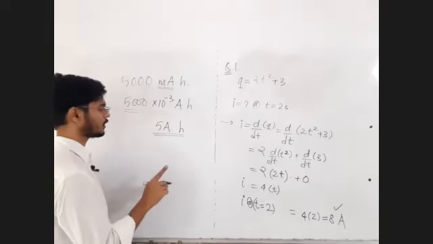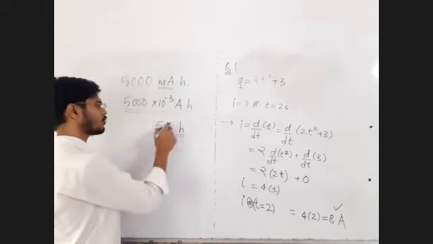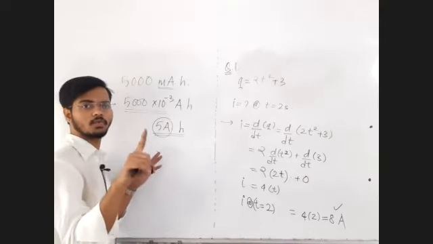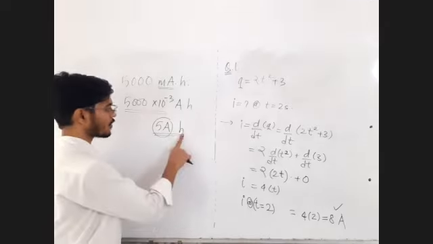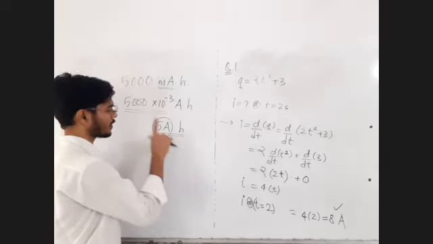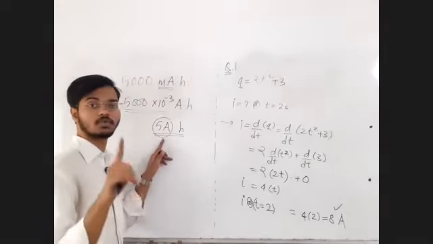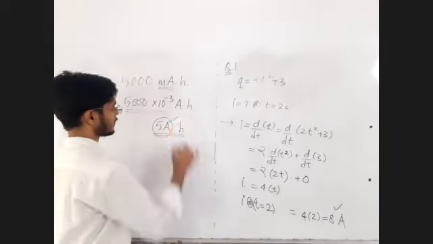The given battery can provide the current of 5 ampere and the battery will be fully discharged within 1 hour. For 1 hour it can continuously provide the 5 ampere current and then it will be fully discharged, but initially it must be fully charged. This is how the rating of the battery is given.